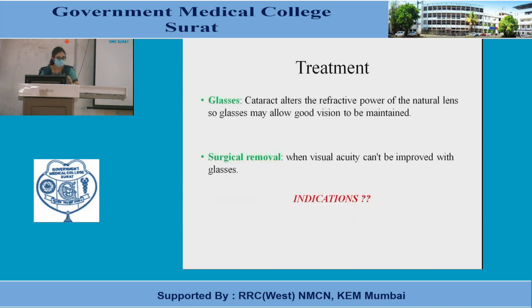So the treatment aspect. There are two choices to treat a case of cataract. One is glasses and the other is surgical removal. But when will you opt for what? Glasses are just an interim management of the functional disturbance that has taken place due to cataract. Progression of nuclear sclerosis causes a change in the refractive index and results in secondary myopia. So in an interim period where a patient does not want to get operated, you can give him correction for the change in refractive error.